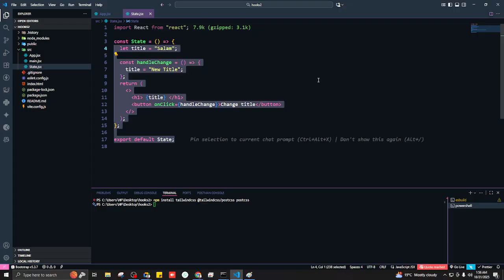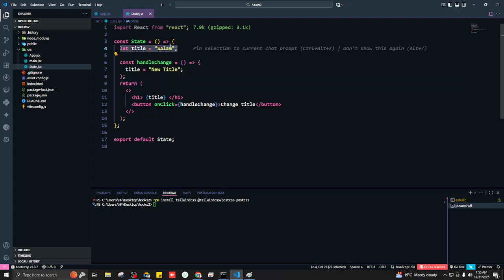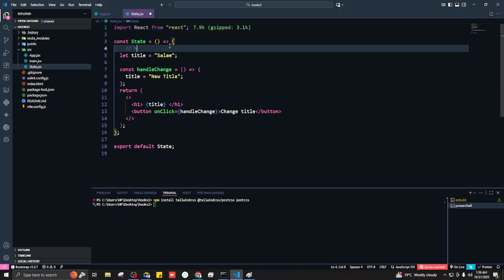So for that, we need to do what? We need to use the state hook. So I need you to listen carefully. This title only holds the state. It can't do anything else. It can only hold the state. Okay? But we need to do two things. We need to hold the state, or hold the value, as well as we need to trigger